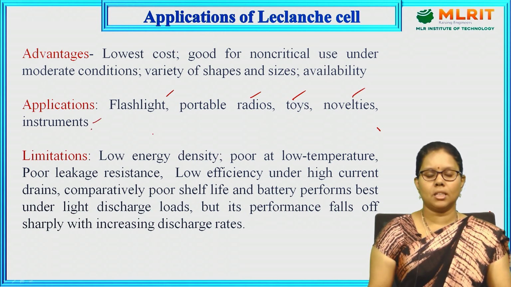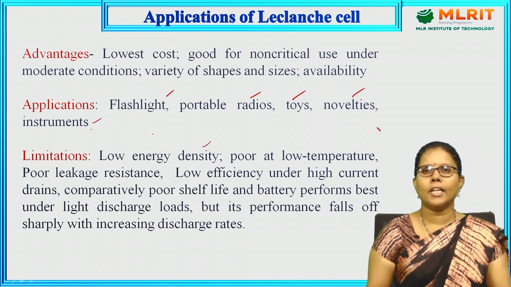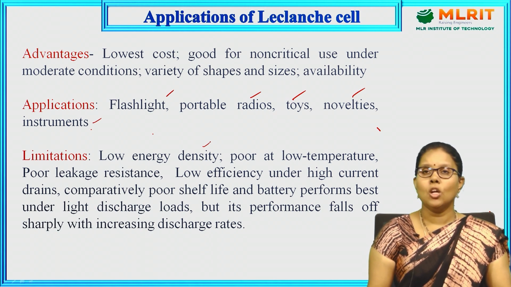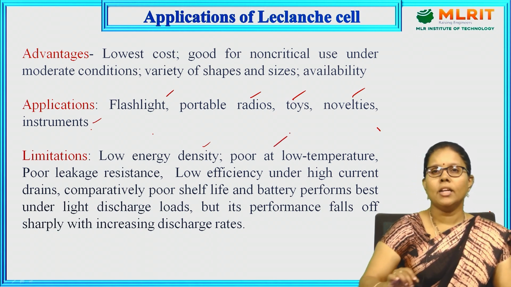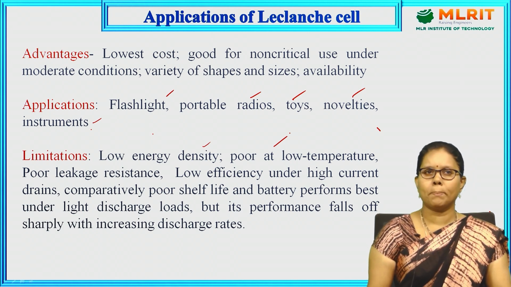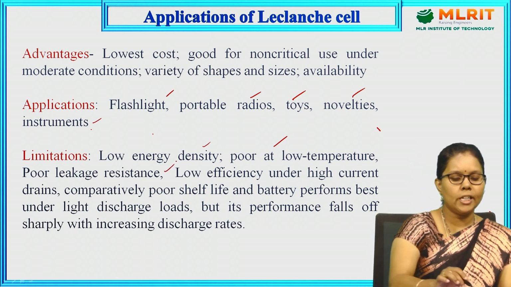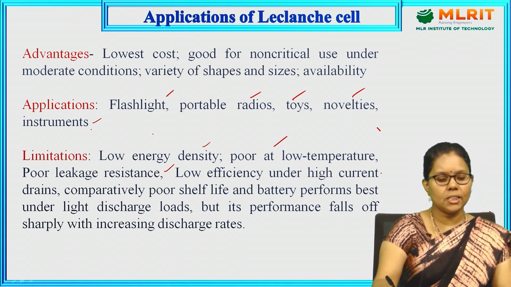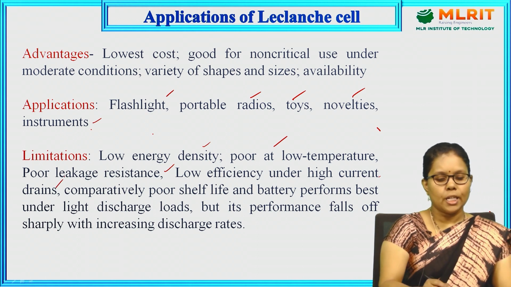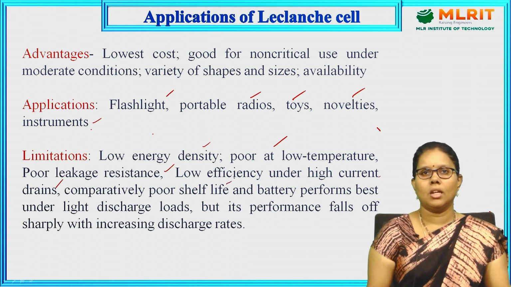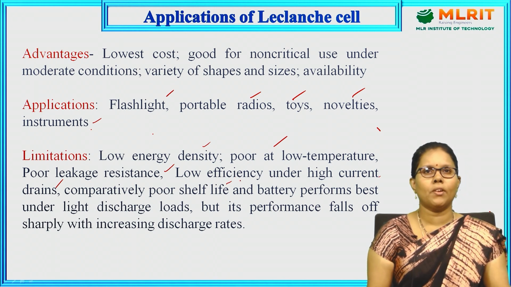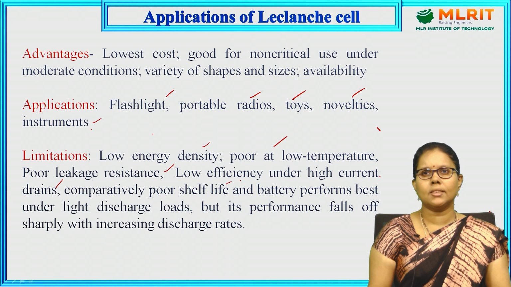The limitations are low energy density and low capacity. The watt hour per kg is very low. Its working is poor at low temperatures. It has poor leakage resistance; sometimes the battery will leak. It has low efficiency under high current drains and comparatively poor shelf life. During 1945 to 1965, they upgraded the dry cell of the Leclanché